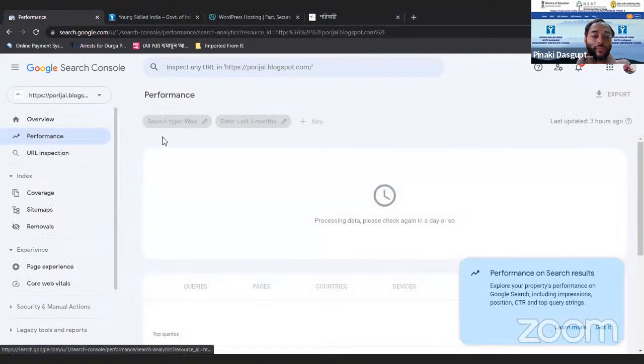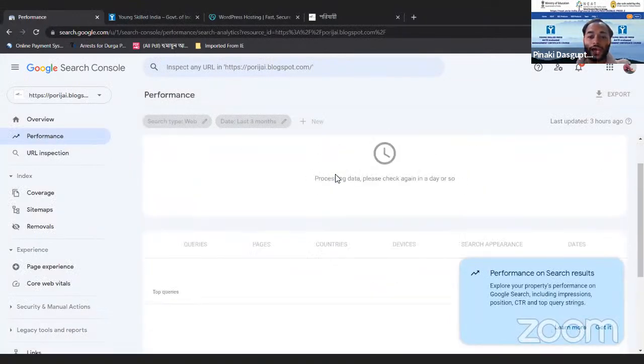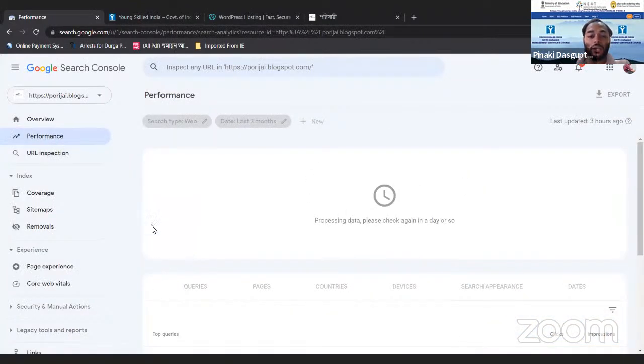Now I'm going to the performance. As I have just created this property, we can't see anything right now, but it is currently processing the data. After a day or two, probably in the next class, we will again open this Search Console and check the data here.